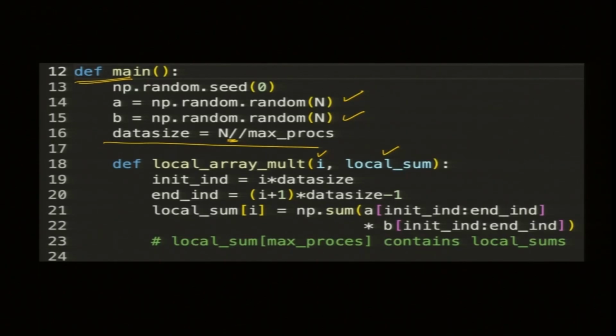I showed you the initial index and end index, and I do a local sum for the process I. The local sum is a unique number for each process, and you are not returning it anywhere.